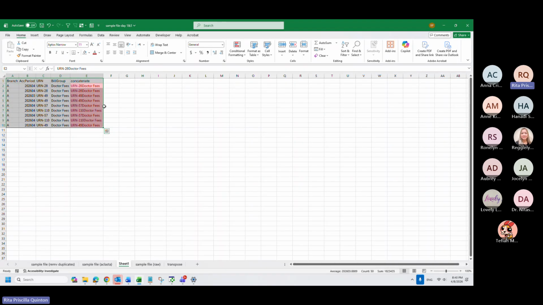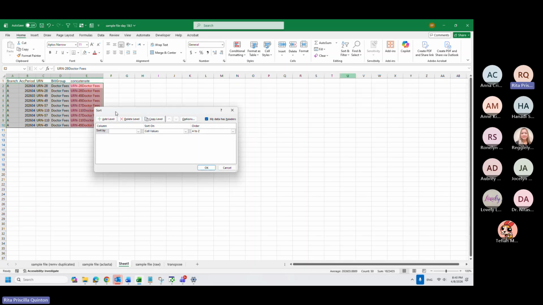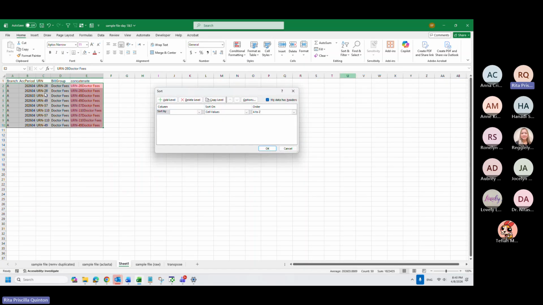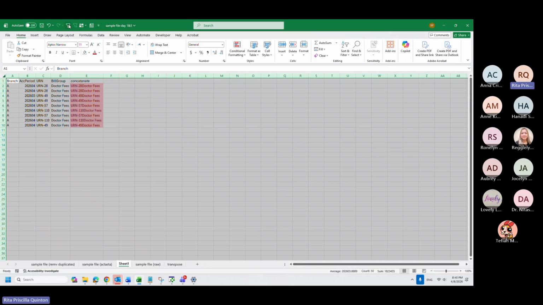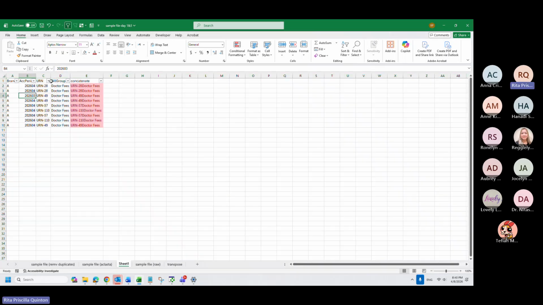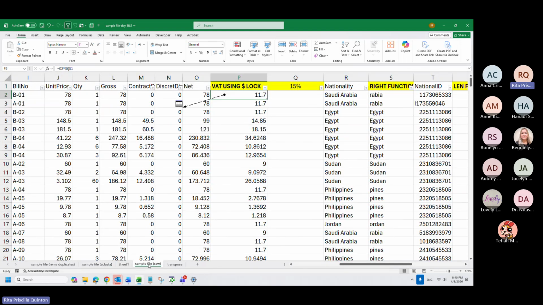I will teach you now the advanced sorting, custom sort. Custom sort gives you the option to sort many columns at one time. Meaning, a while ago I could only sort by patient, right?